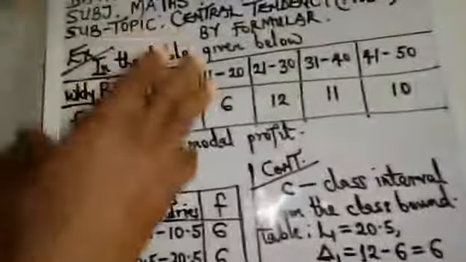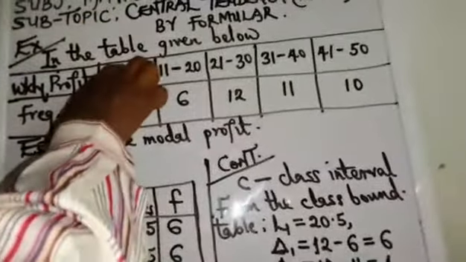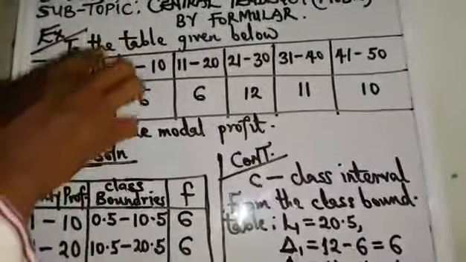Now, when you look at this kind of table, you are given a table like this. Weekly profit. We call this kind of data continuous group data. I told you earlier, if you can remember, during the previous classes, when you have a single value at the top here, we call it distinct data. We call this one continuous group data.